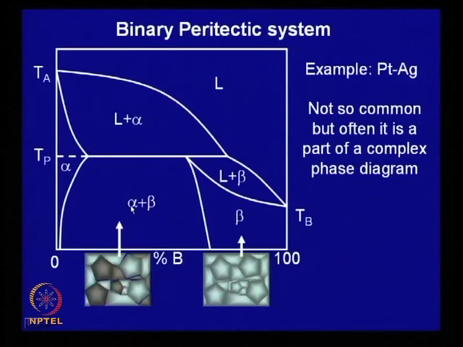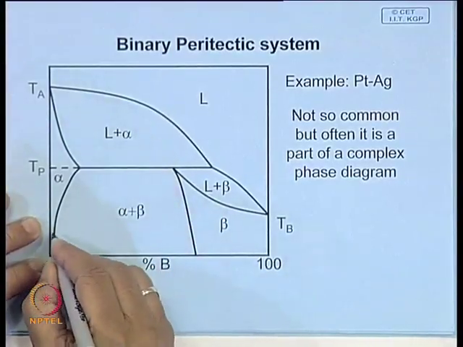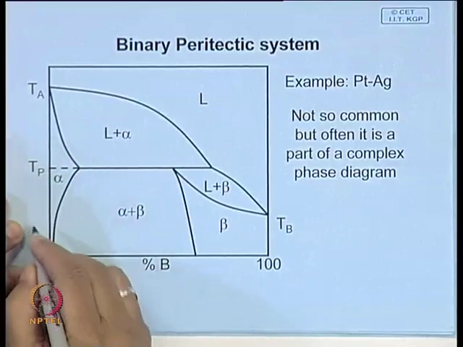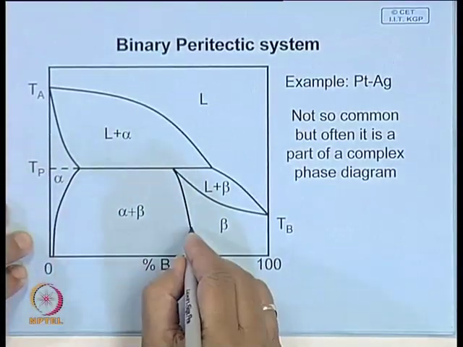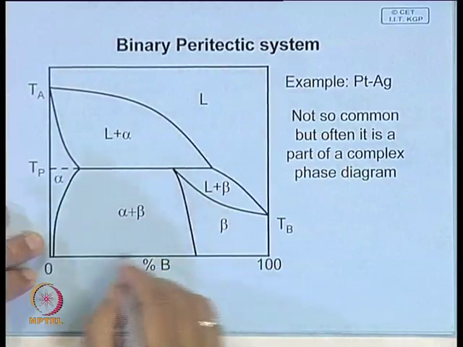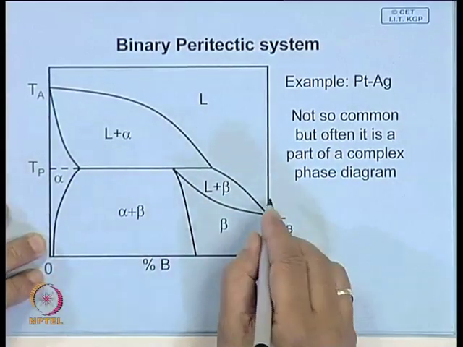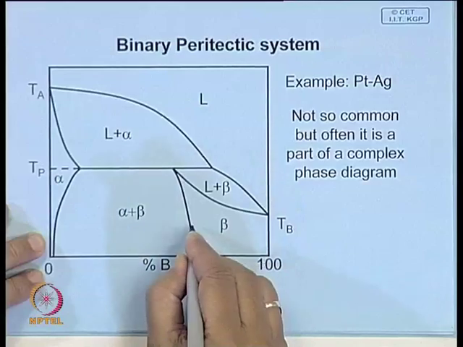Suppose we assume that alpha is softer, beta is harder. So, you can apply the rule of mixture to find out its properties. If you know the percentage of alpha, it is possible to find out the property of the mixture. So, suppose here on this axis we superimpose tensile strength or hardness. Say beta has a certain hardness,